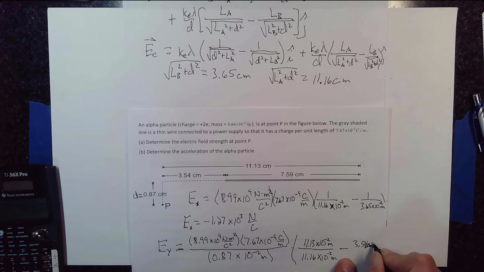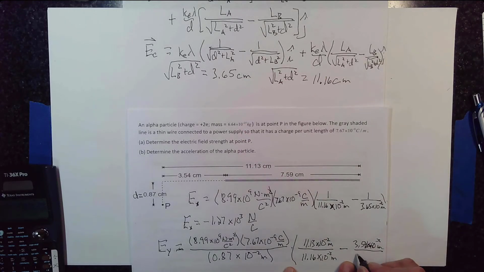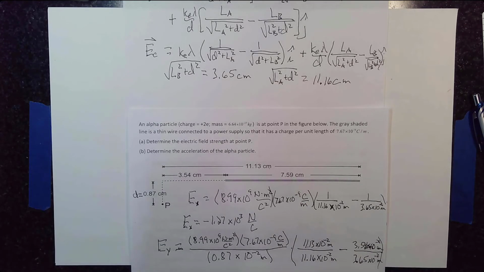Whoops, times 10 to the minus 2 meters. Although since I'm taking ratios of identical units, as long as I stayed consistent, it wouldn't matter. And the square root of L sub B squared plus D squared is 3.65 times 10 to the minus 2 meters. As far as keeping track of significant figures, I get